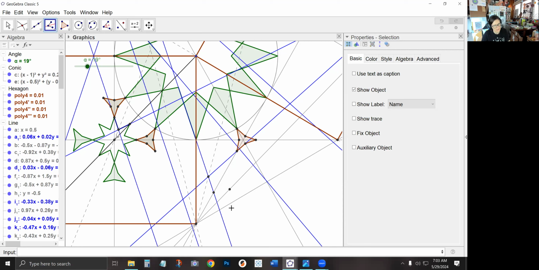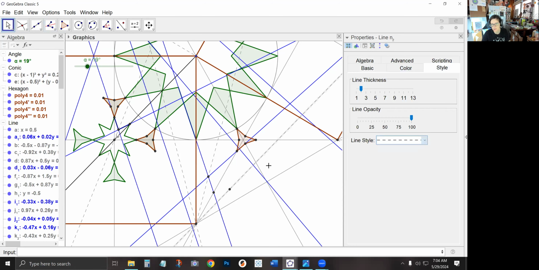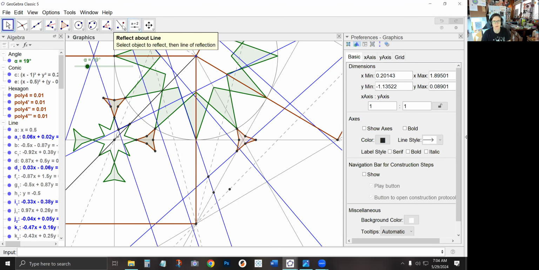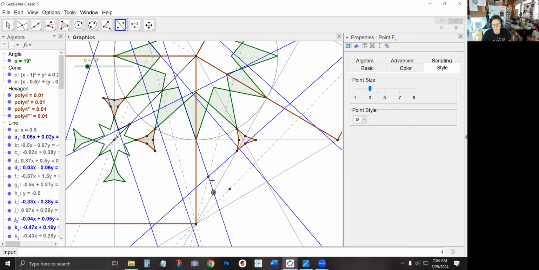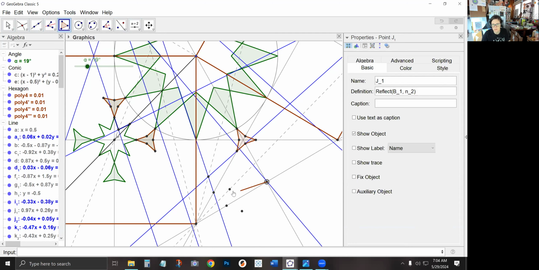And I need these 3 points reflected over that angle bisector. Oh, I didn't make my bisector dashed. There we go. So I'm going to reflect these 3 points over that angle bisector,